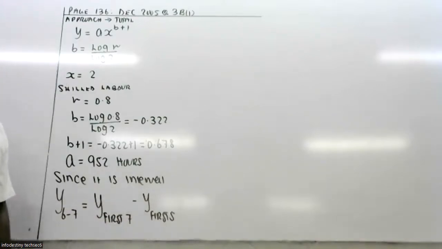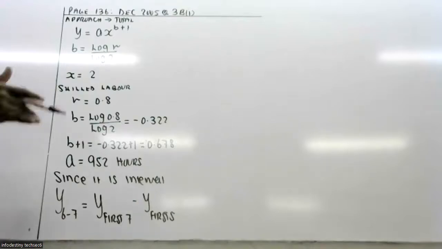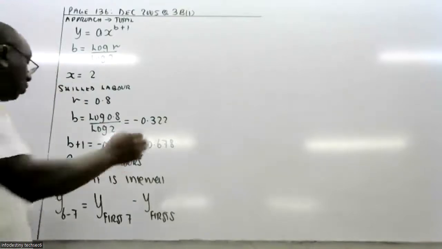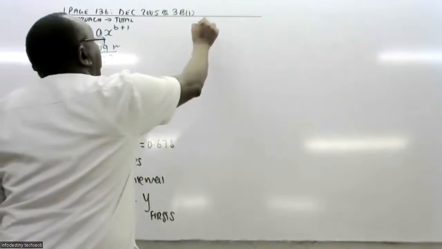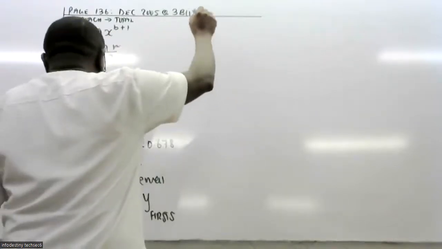We take 5 because now we are taking 6 and 7. So we proceed here and say this then will be